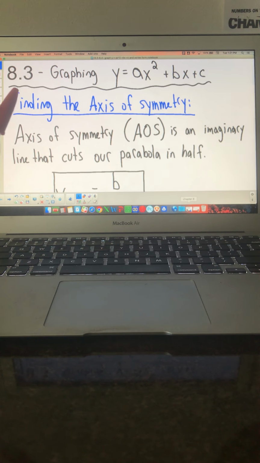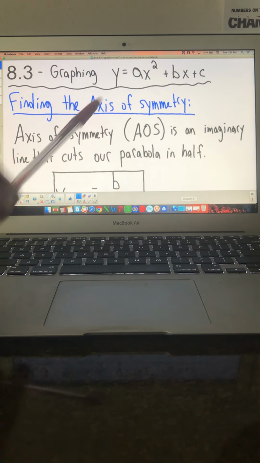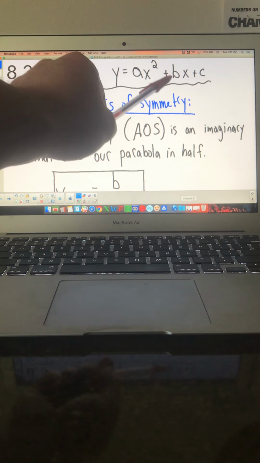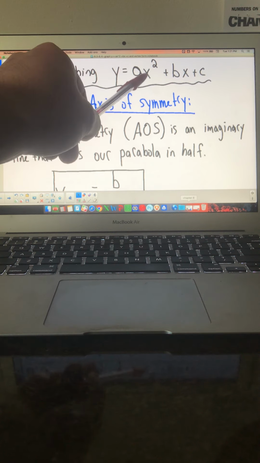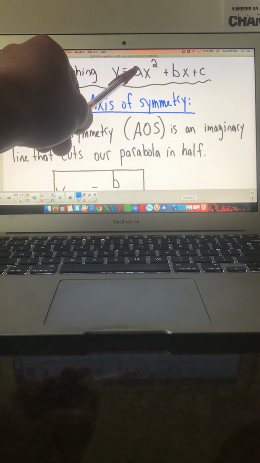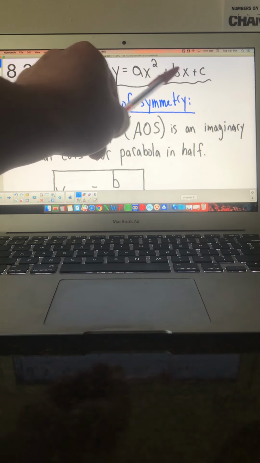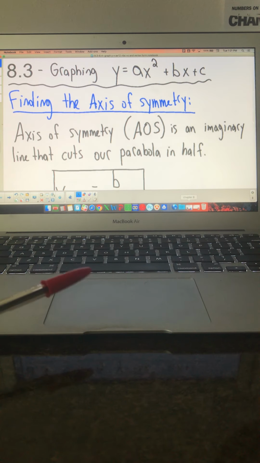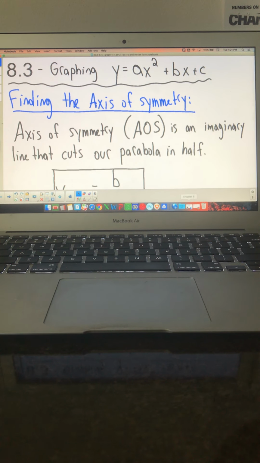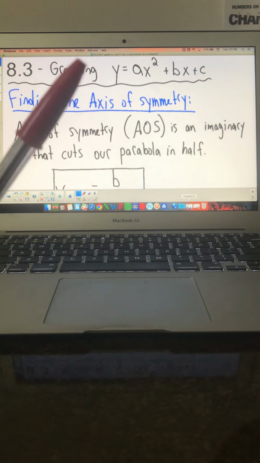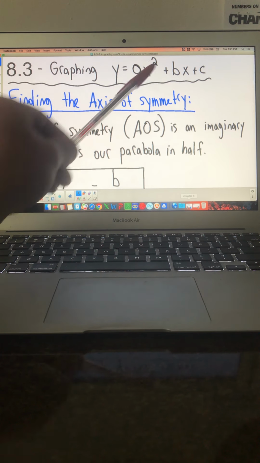So here we go. The equation, just like that standard form, so now we're going to incorporate that bx that's there. So we've either had y equals ax squared or just y equals ax squared plus c. Now we're throwing the b in there, all right? So that brings a different dynamic to the table, but our process is going to stay the same, all right? So here we go. When we see b,